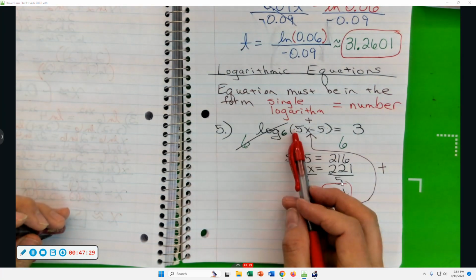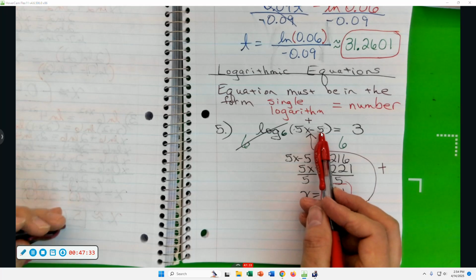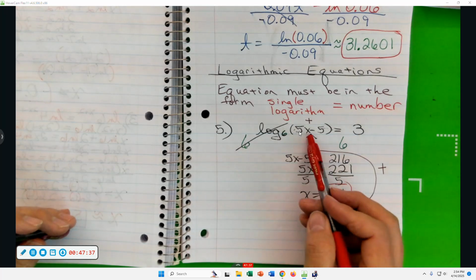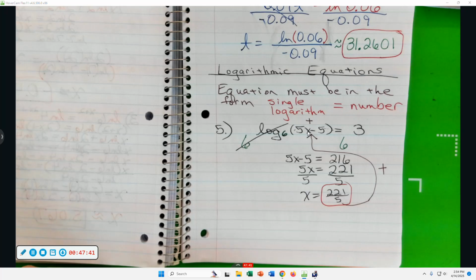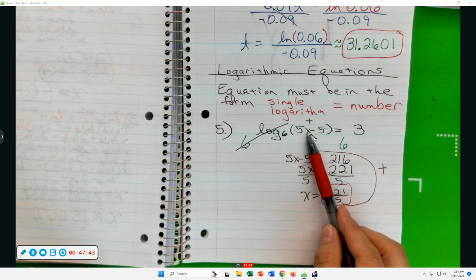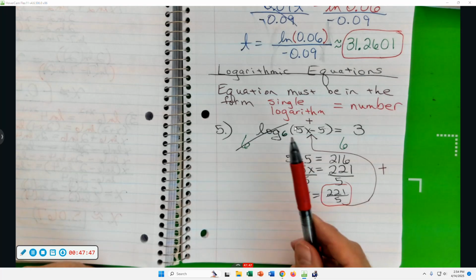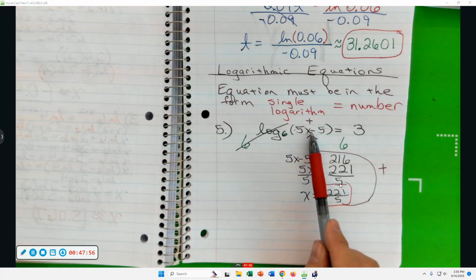Or 0.5 times 1/5 minus 5. 5 times 1/5, the 5's cancel. That's a 1 minus 5. Is that positive? If x were 1/5, would that argument be positive? No. So just because you get a positive x value doesn't mean that it's an acceptable solution. You have to make sure that once you plug it into that argument, you get a positive